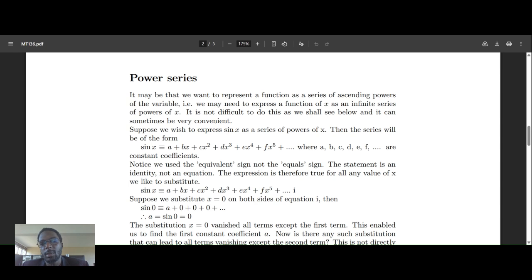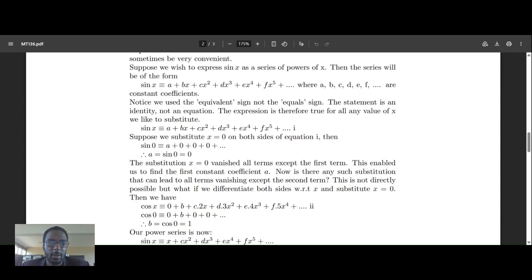It may be that we want to represent a function as a series of powers of x. This can be very convenient to do, and it is also not very difficult. As an example, suppose we wish to express sine of x as a series of powers of x. Then we can write sine of x as equivalent to a plus bx plus cx squared plus dx cubed plus ex to the power 4, and so on, where a, b, c, d, e, and f are constant